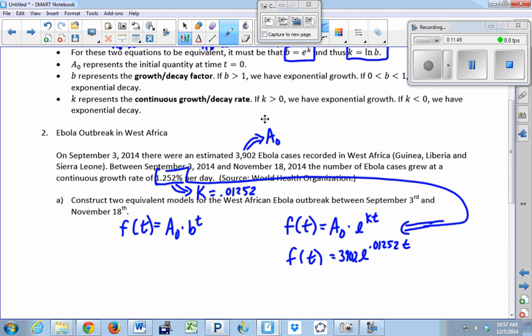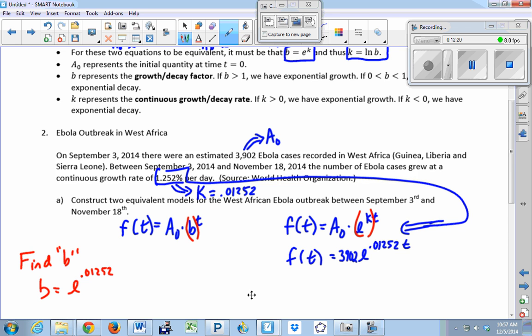And to find B, we just say B is equal to E to the K. Because if you look at these two models right here, this quantity has to equal this quantity. The A sub naughts are the same and the T's are the same. So B must be E to the K. So since we know K, we can find B. So let's find B. To find B, we say B is equal to E to the K, which K is